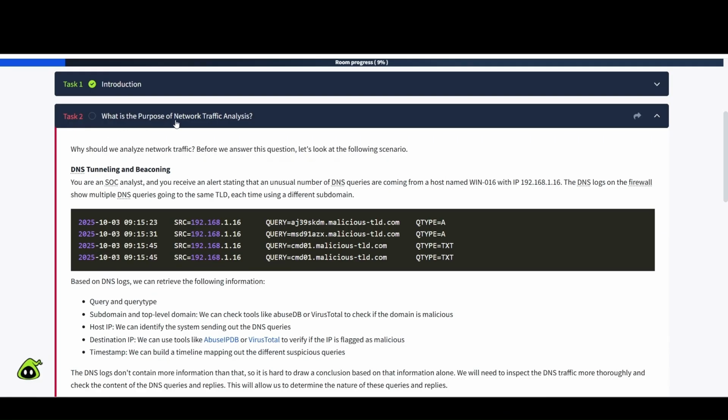Task 2. What is the purpose of network traffic analysis? Why should we analyze network traffic? Before we answer this question, let's look at the following scenario: DNS tunneling and beaconing. You are a SOC analyst and you receive an alert stating that an unusual number of DNS queries are coming from a host named Win016 with the IP address of